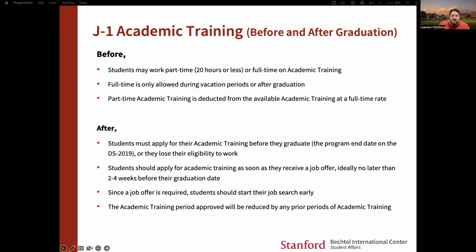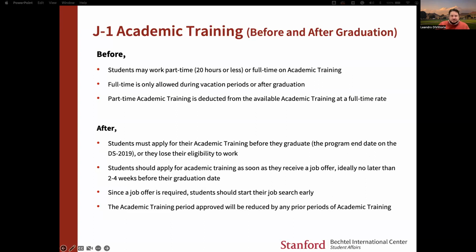Students should apply for academic training as soon as they receive a job offer, ideally not later than 2 to 4 weeks before the graduation date. Of course, you need to give us time to process your request. Since a job offer is required, students should start their job search earlier. You can start working on that in advance of graduation if you know that you're going to graduate